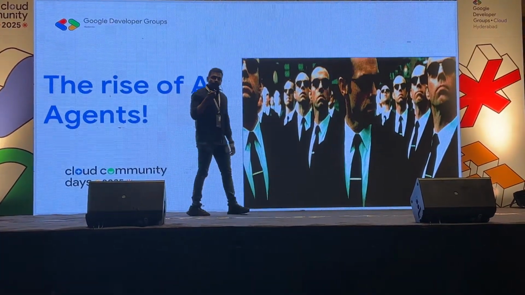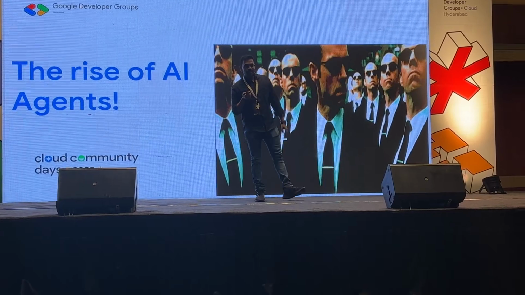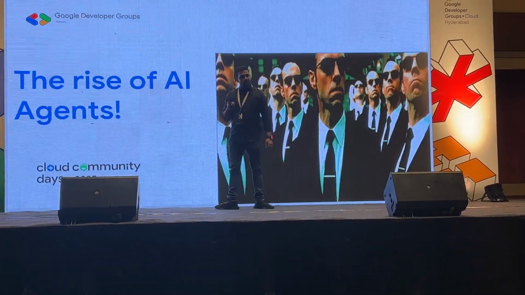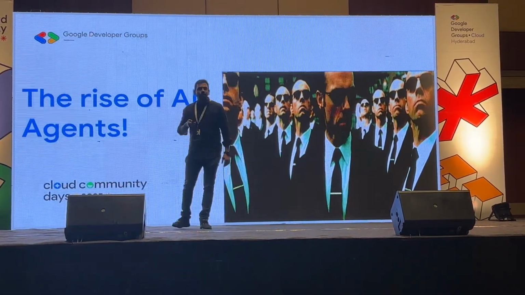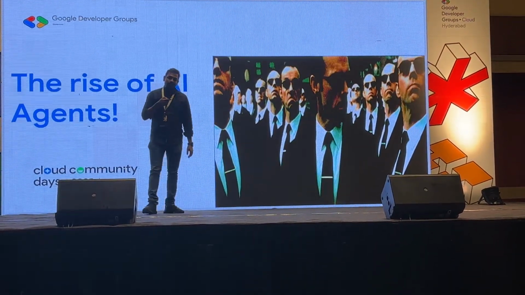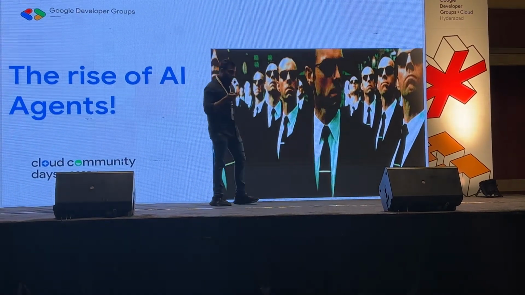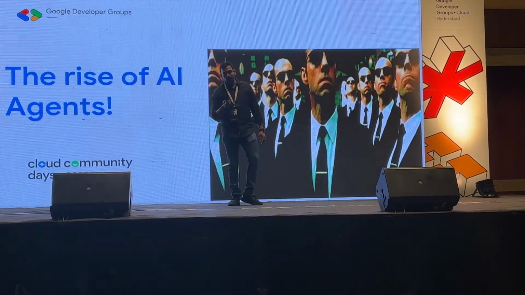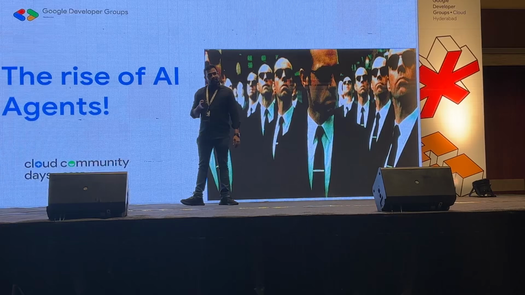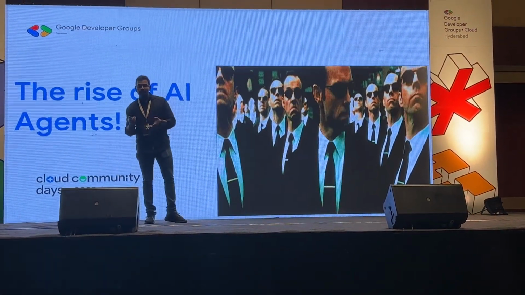To give you some context for the folks who don't know what AI agents are, they are like intelligent digital workers, which means that they can do tasks for you. AI agents not only analyze data or answer questions, they are capable of doing tasks on your behalf. They can act, make decisions, and interact with different systems and with other agents